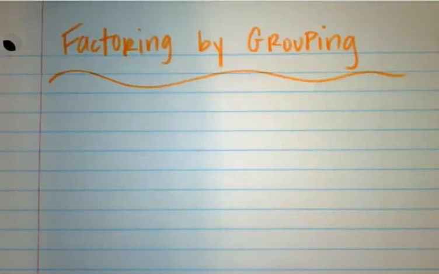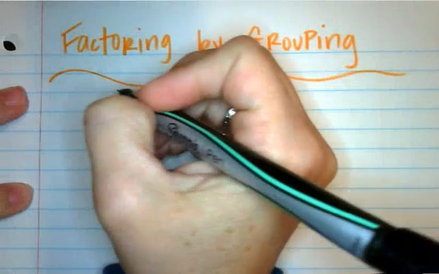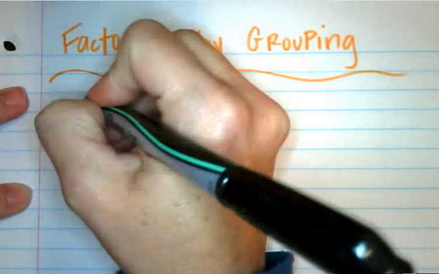Now that you have factored trinomials, we're going to work on factoring by grouping, and this is probably most everyone's favorite way to factor, if possible. This is going to be a little different than factoring with trinomials. For one thing, whenever we factor by grouping